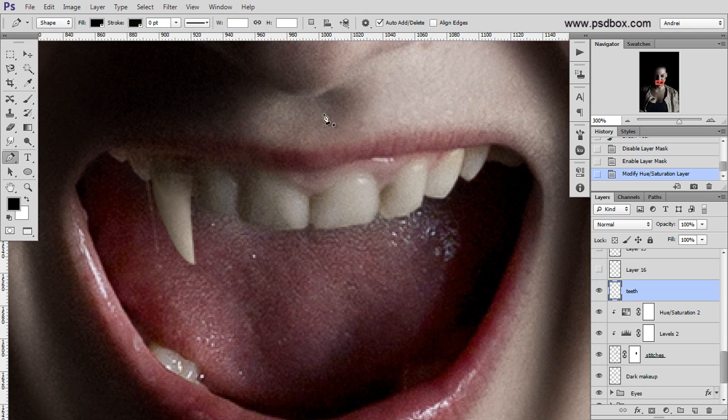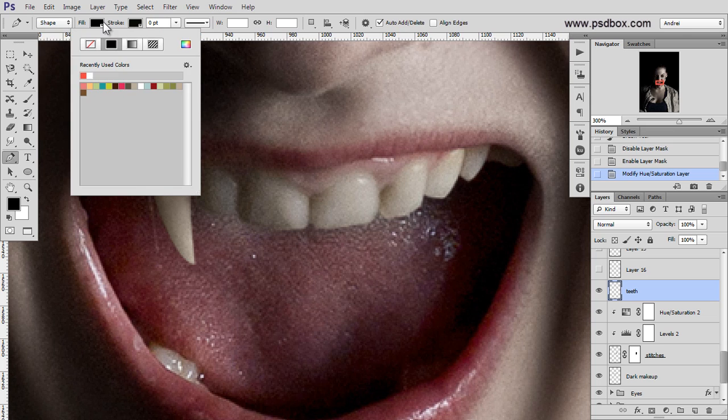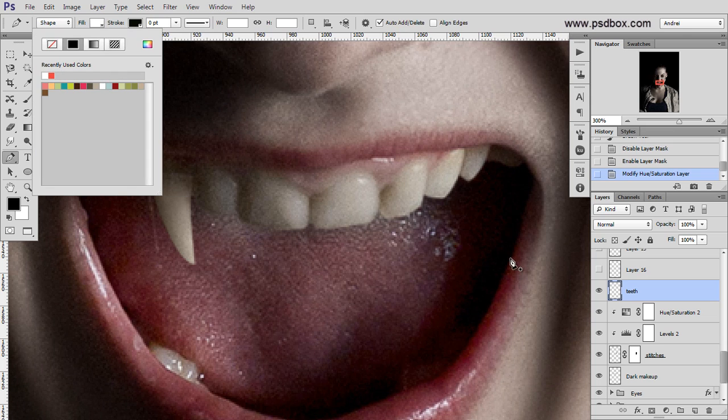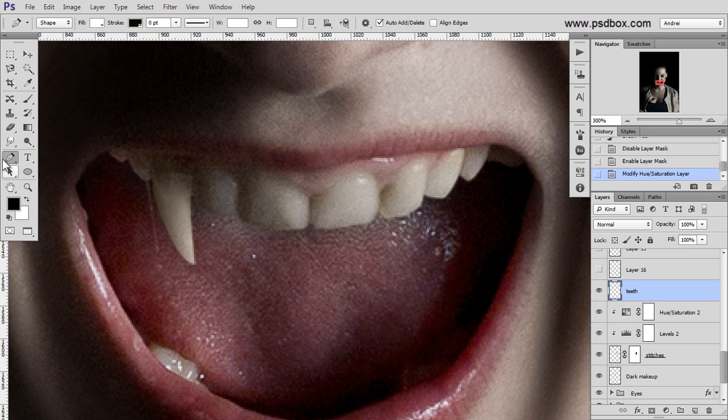So get the pen tool, set this to shape. Let's choose the fill color, set it to white. Well, actually what I did is sample a color from the original teeth. So use the color picker, sample a color, and then get the pen tool, set this to shape, and I'll create a new layer. I created both teeth on separate layers, and what you do is just start from here,